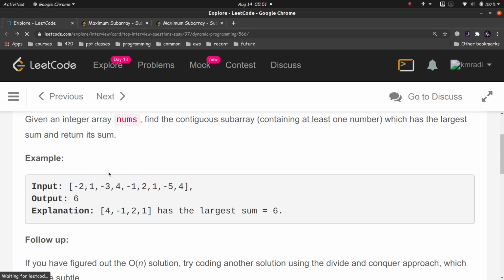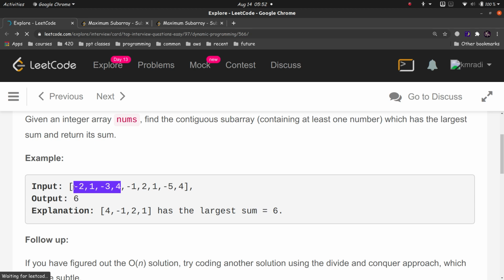So the problem here is obviously because of the negative numbers, because if there were no negative numbers we would just have to find the sum of the array and we would be good to go, but we have got negative numbers and that creates problems. Like if we start from -2, then if we include 1 the sum will be -1. If we include -3 the sum would be -4, and this sum would become 0.